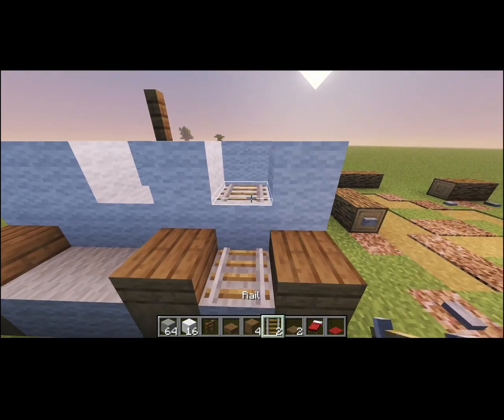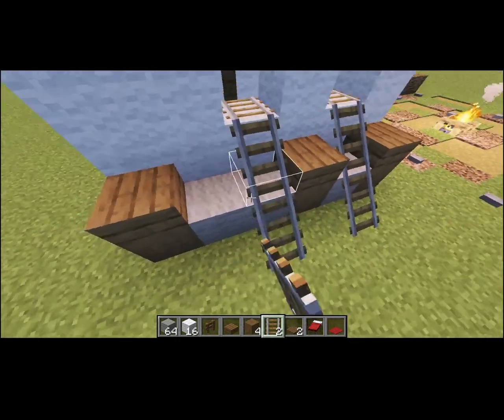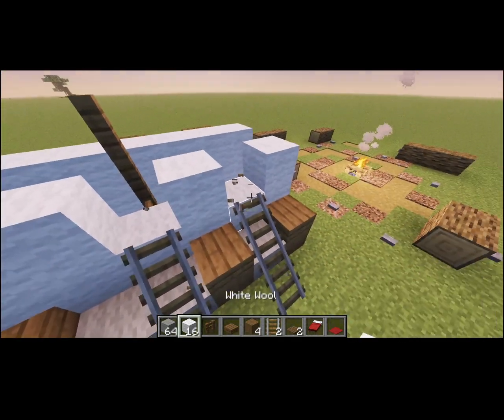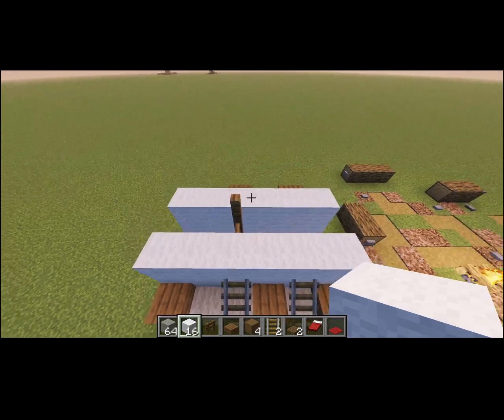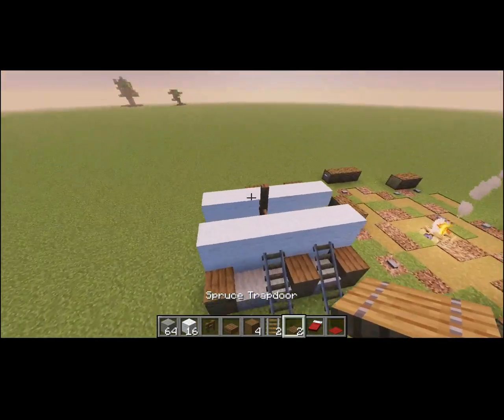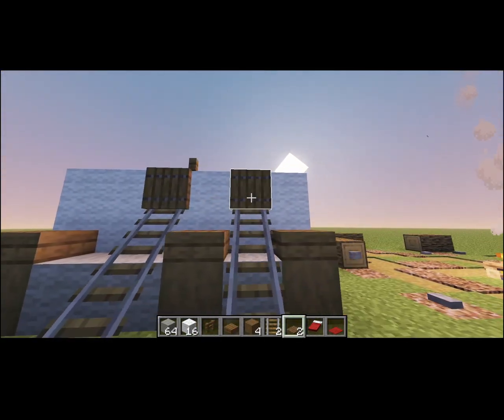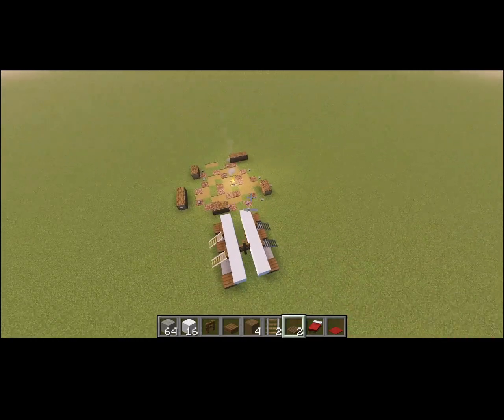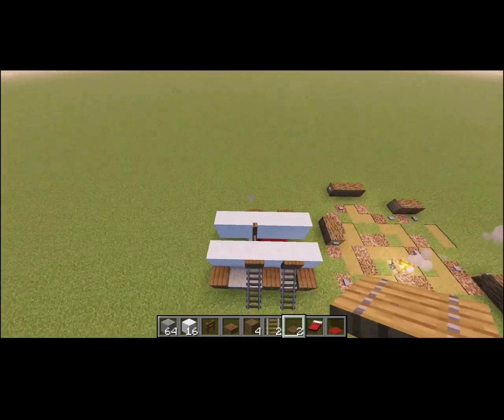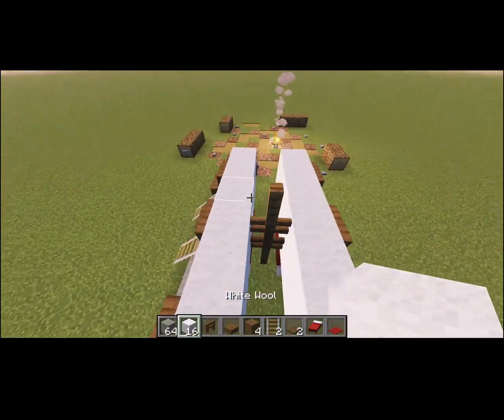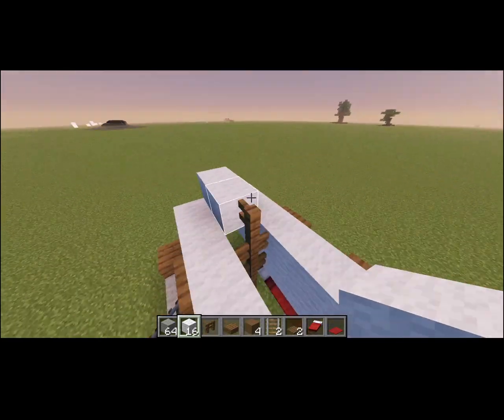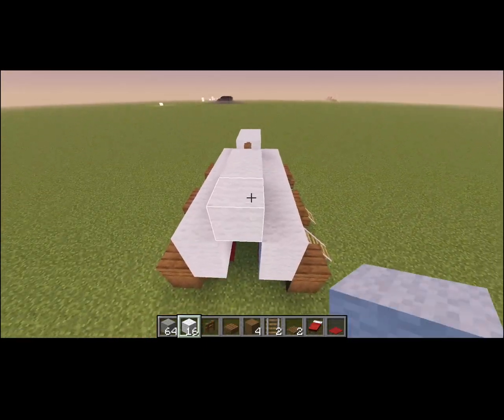So now we can just take the rails like this and place that like that. And now the trapdoors. Okay, so now it is looking like a tent. But we didn't do the top yet, so place blocks like this. And now